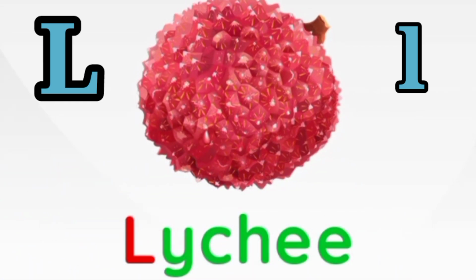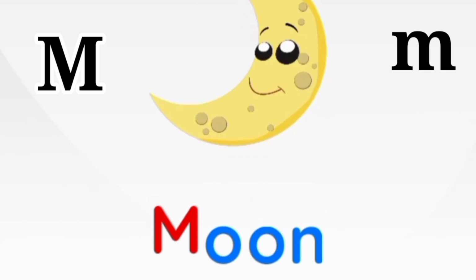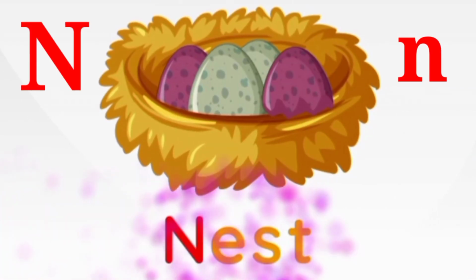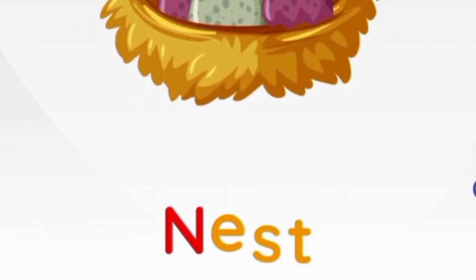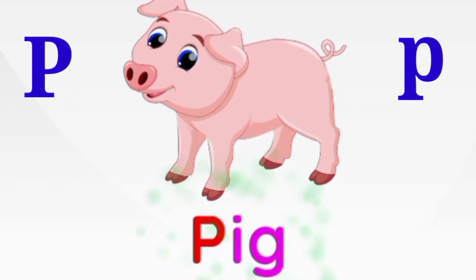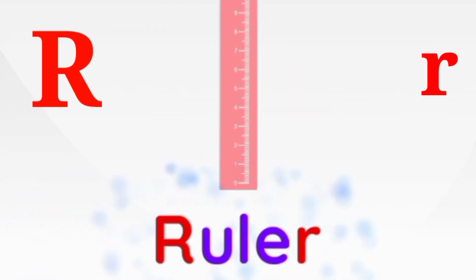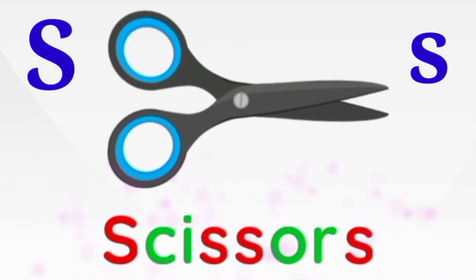is for lychee, M is for moon, N is for nest, O is for owl, P is for fish, Q is for quail, R is for ruler, S is for Caesar,